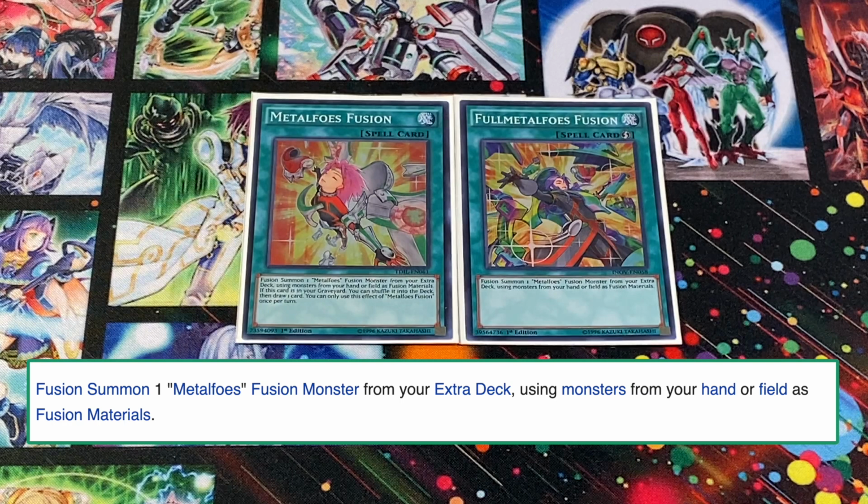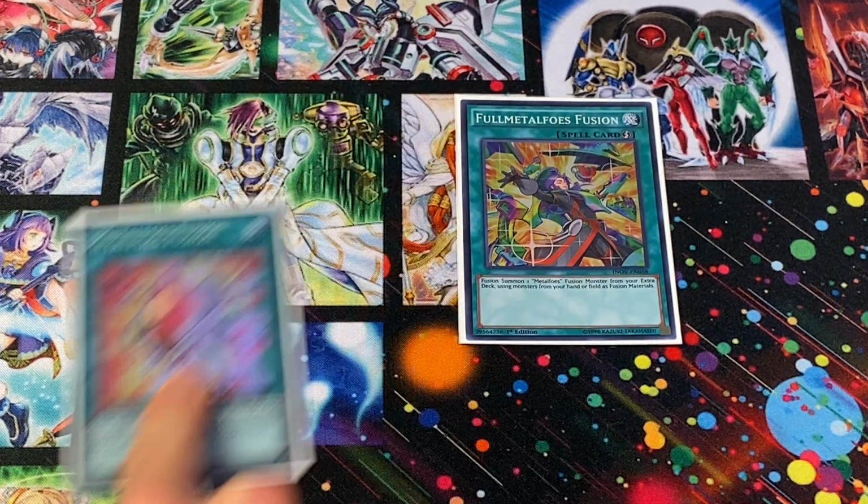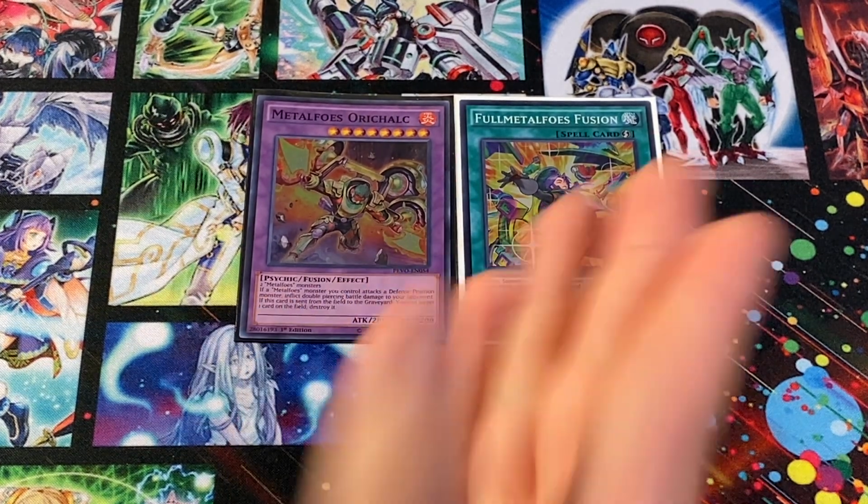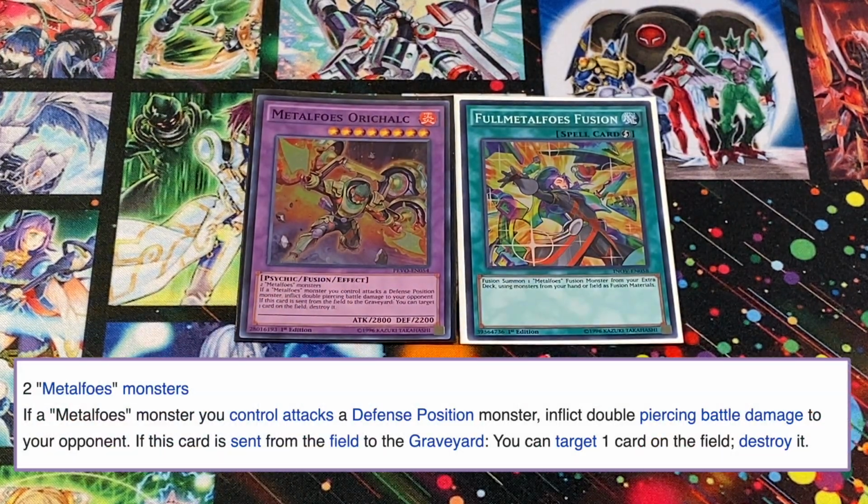Full Metalfoes Fusion is a quick play spell that's really just that. It's just a quick play fusion spell, kind of like Quick Fusion, lets you put out a Metalfoes monster during your opponent's turn, and the whole point of that is to combine Full Metalfoes Fusion with Metalfoes Crimsonite. This is a level 8 fusion monster that needs any 2 Metalfoes monsters, and if you happen to have a Metalfoes monster attack your opponent's defense monster,